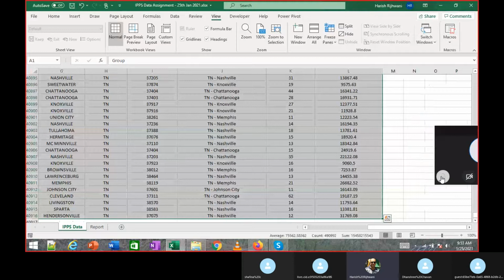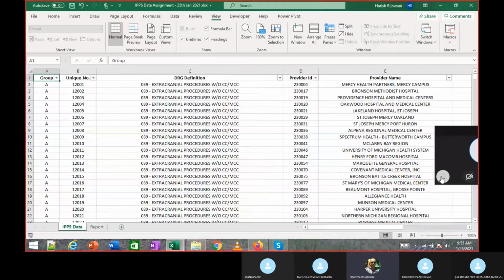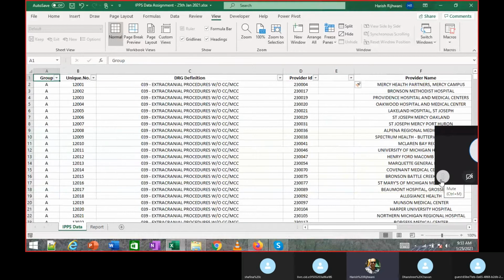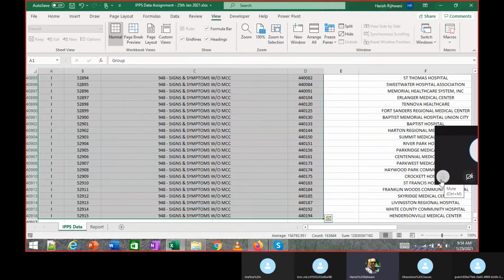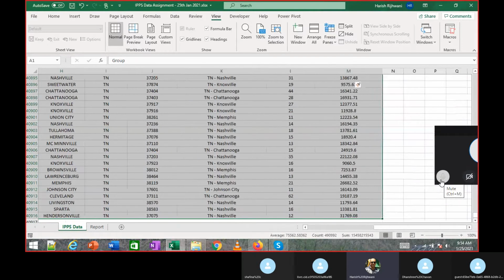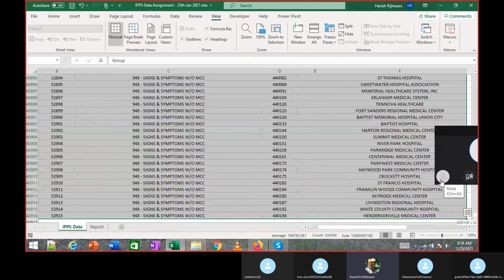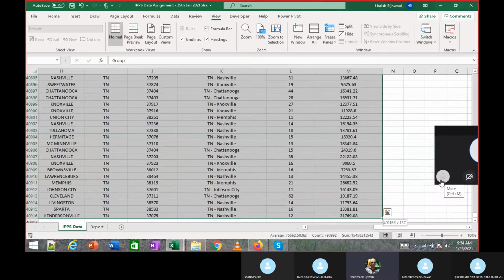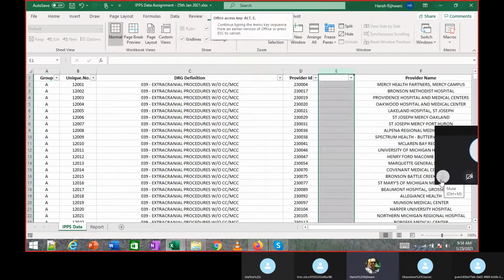If I'm selecting Control A, it is selecting the entire region. But if there is a gap, you will have to do it this way. If there is a gap over here, like this, if I press Control A, it is going to select only till column D. And then again, I need to press Control Shift and right arrow. Okay. So that is what it does. So try this also.